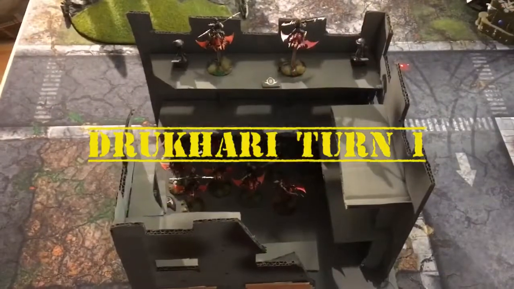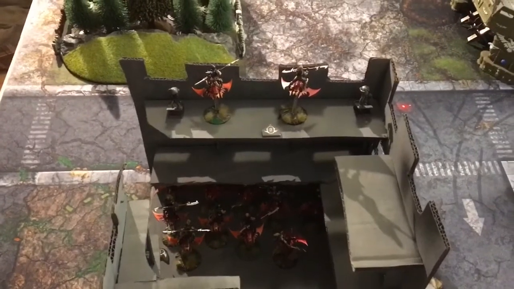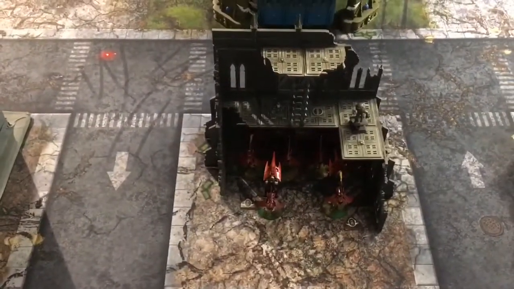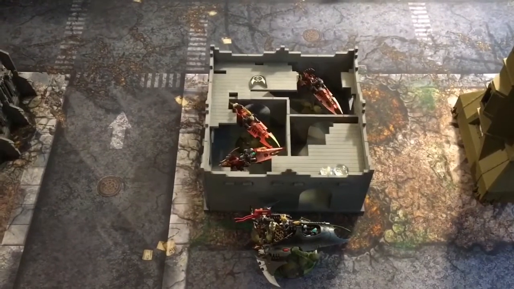Okay, on Drukhari turn 1, the first thing I did was move that second Hellion of the 2 remaining up to the top to make sure that Jake can't drop his Scions in to those 2 objectives and destroy them, while the other 10 remained at the bottom floor of the ruins. The bikes that were in there advanced to the right and are hiding behind this set of ruins, while the bikes that were in the ruins moved to the right to this set of ruins, making sure that I had some room after I advanced the